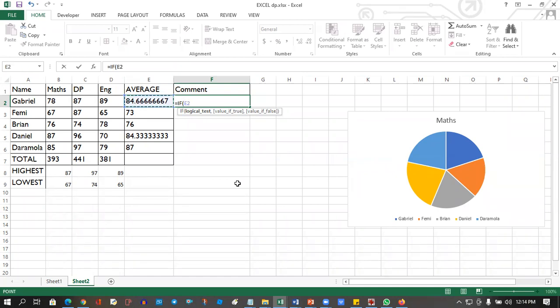So I click on that cell, or you can type it. For Gabriel, we're using the average. If E2 is greater than or equal to,